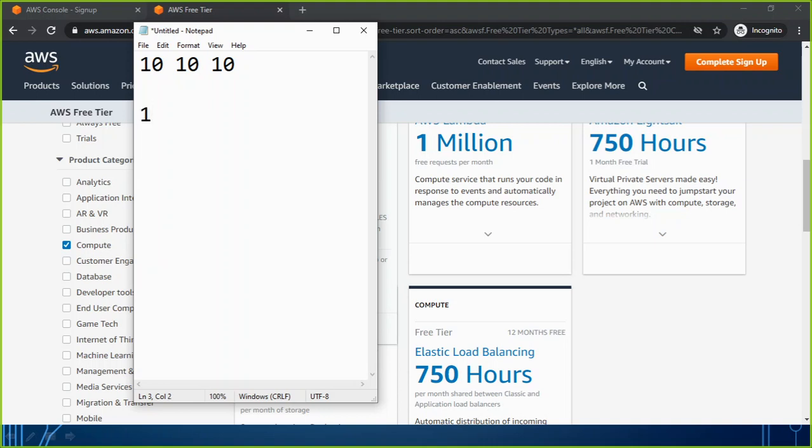It is going to be 1000 hours, which is 250 hours more than the free hours which you get from AWS. So that means 1000 minus 750 is your free hours. So the remaining 250 hours is the extra hours which you have been running your services there. And obviously now AWS, Amazon, is going to send you a bill for those extra hours which you were running your service.